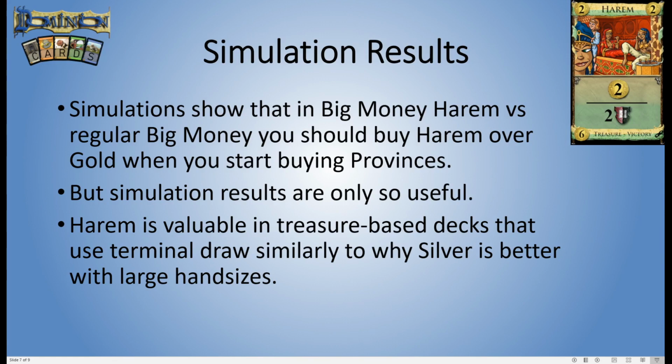Now, it's also that silver is generally better when your hand size is bigger, so Harem is also a little bit better if you're doing a big money strategy with some sort of terminal draw, like Smithy Big Money, and that's just because it's easier to hit 8 when you've got more cards in your hand. One of the reasons why silver is a bit worse than gold is just that it's harder to hit 8 when you've only got 5 cards in hand. But if you've got a much bigger hand size, then you can get away with that, and so the extra coin that you are not getting from Harem doesn't matter as much, and just having the points is nice in